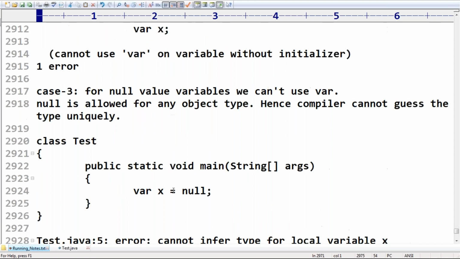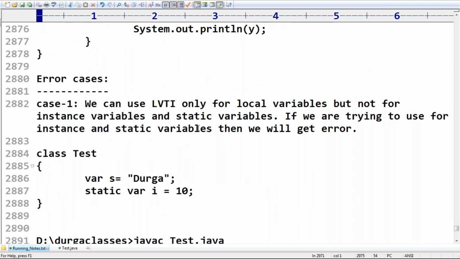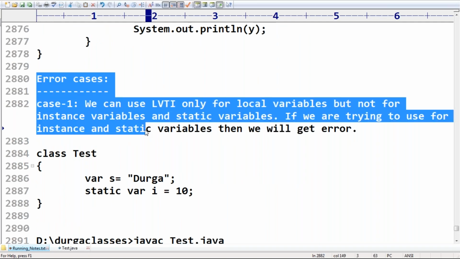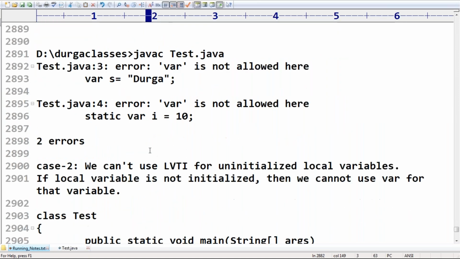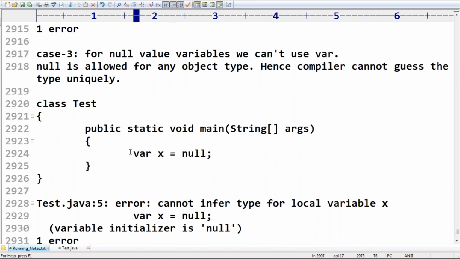Is it clear? What are the various error cases? For the exam's sake, these error cases are very important. First, we can use var only for local variables, but for instance variables and static variables it's not possible. Next, we can't use local variable type inference for uninitialized local variables. Next, we can't use it for null values.